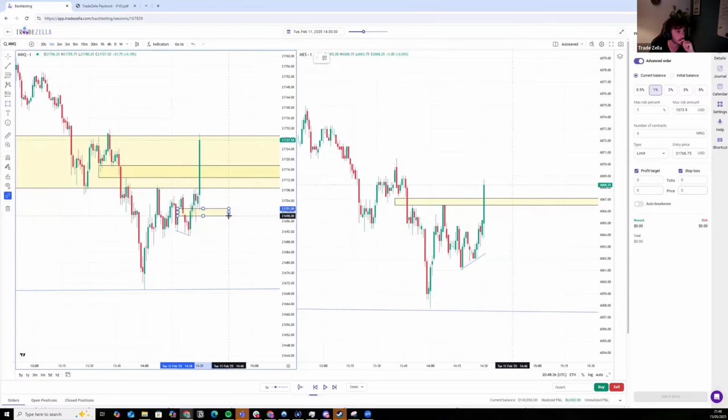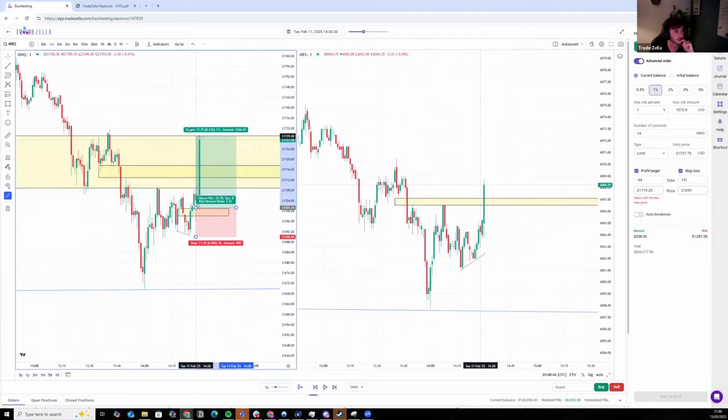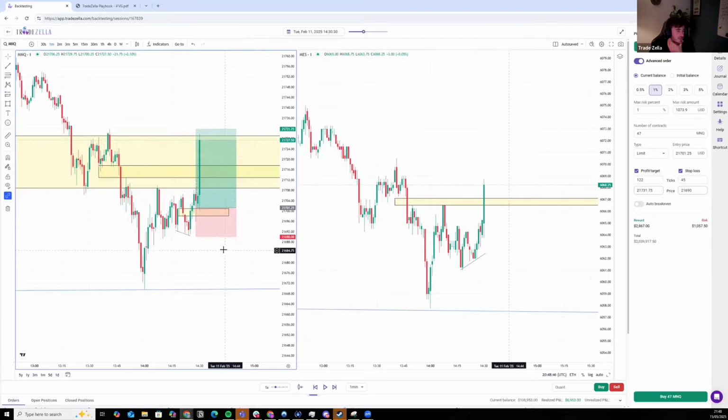Okay. And then you could have entered here like this, stop loss below the low, right? Stop loss placement, for the person that asked about stop loss placement, depends a lot on your risk reward. Perfect scenario, you can get the stop loss below the low, okay? But if you can't get the stop loss below the low, then you want to put it below, but like